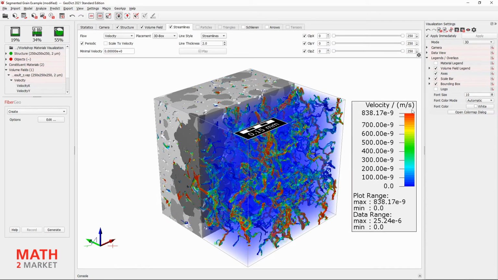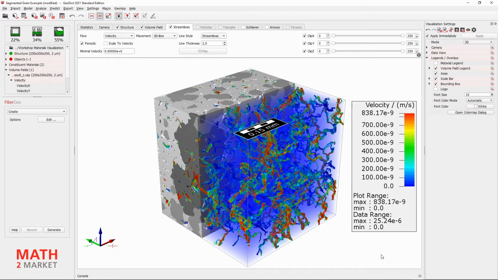The volume field legend presents information about the name, the units, color coding of the value range and additional information about the minima and maxima. To ensure that the volume field legend meets our aesthetic requirements, which we have predefined with a lot of work for the microstructure and the volume field, we are now adjusting it.